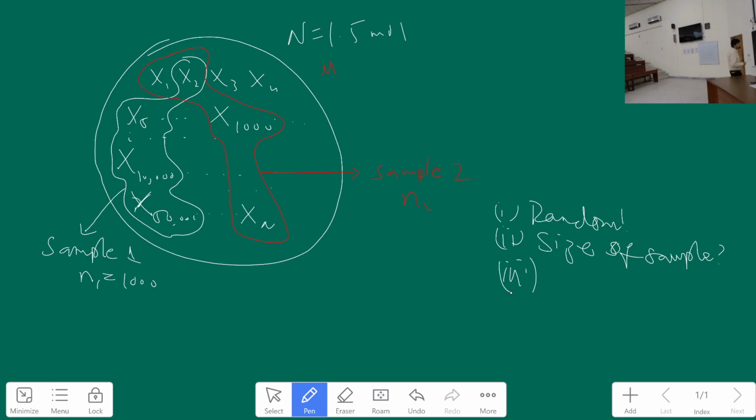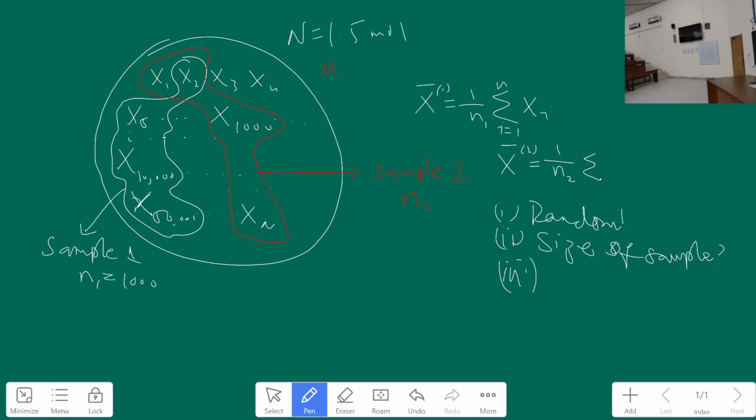Now let's say the most common statistic for measuring the average is the x bar, called the sample average, which we write as 1 over n, summation xi, i is 1 to n. Now I'm going to put here a 1 to tell me that this is based on the first sample. The average I calculate based on the first sample. Then the average I calculate based on the second sample would be how? It would be 1 over